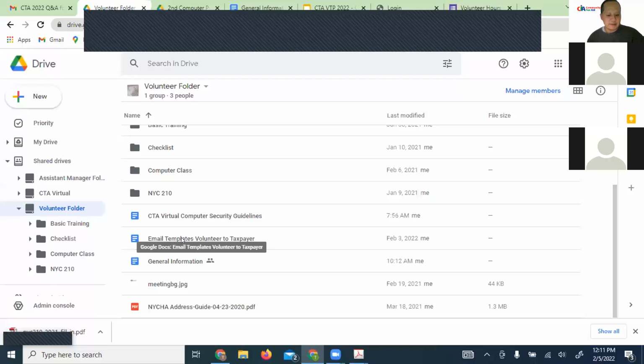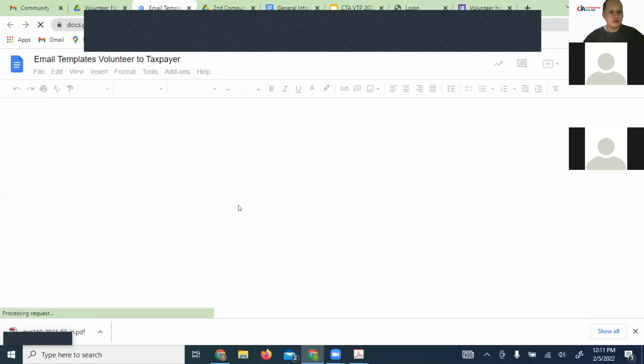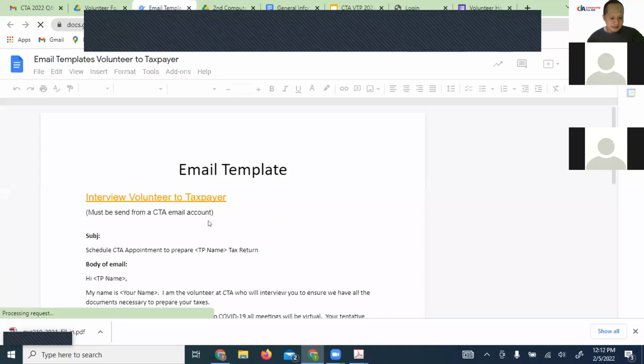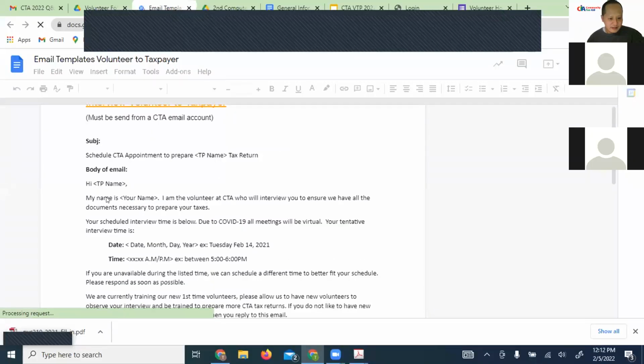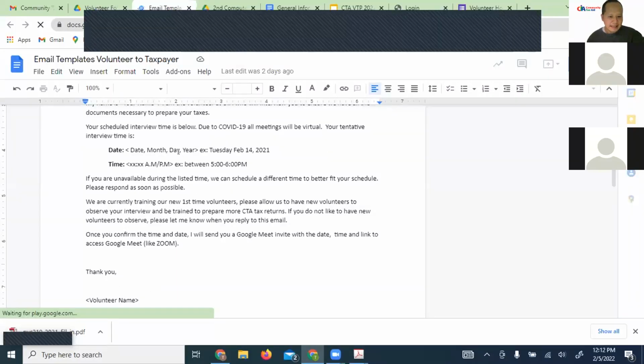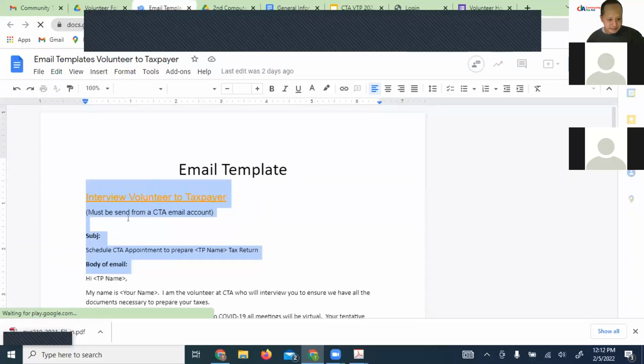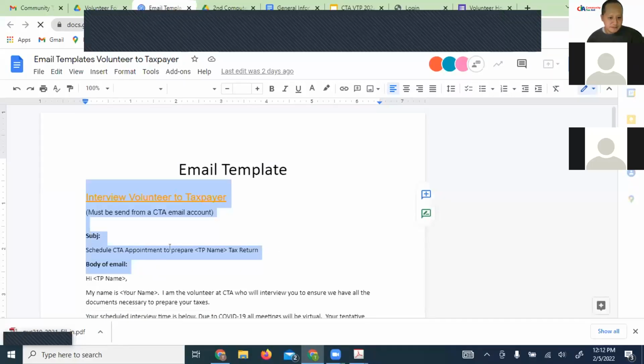There's the email template, okay? So when we actually create a template for you to send an email to this taxpayer, all you're doing is pretty much copy and pasting the stuff, okay? From here to down here, thank you, and put your name on it, put the date and the time, and then the subject line, okay? Make sure that you're using your cta.nyc.org email, because